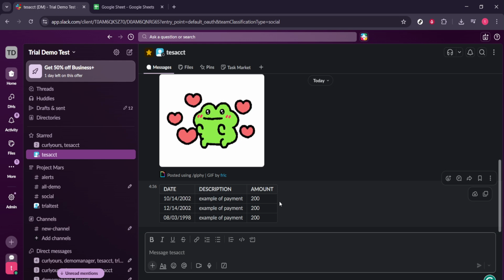Keep column labels short and clear to improve readability. And if you need to update numbers later, edit them in the sheet and paste a fresh copy so the Slack view stays accurate. That's it. Build in Sheets, copy, paste into Slack, and send. You'll get clear, professional